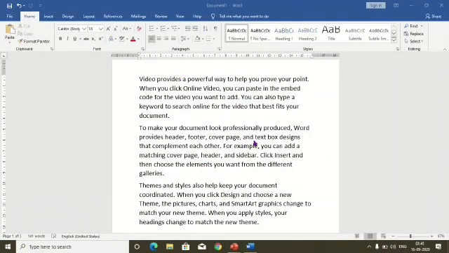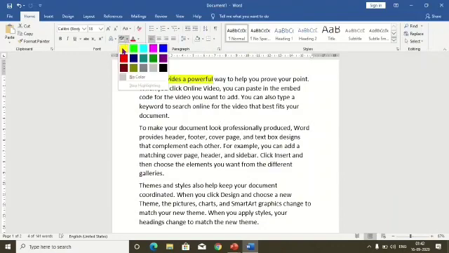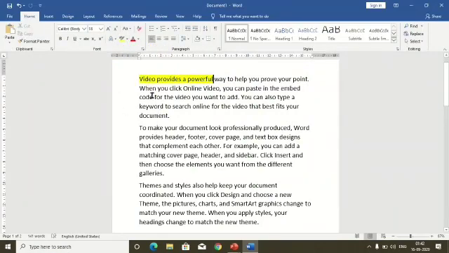Now we come to our Word document where I typed some words or paragraphs on which I apply formatting one by one. Firstly, we see text highlighting color, which I told you about. Suppose I select this specific text and apply a color from our options. We can apply any random color. Suppose I select yellow, so our text gets highlighted with yellow color.